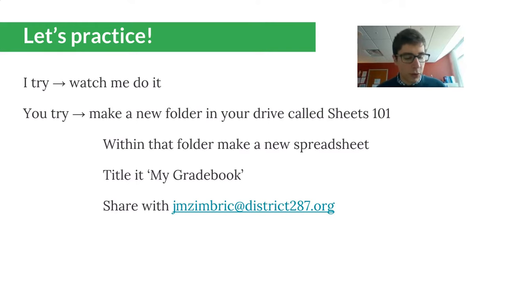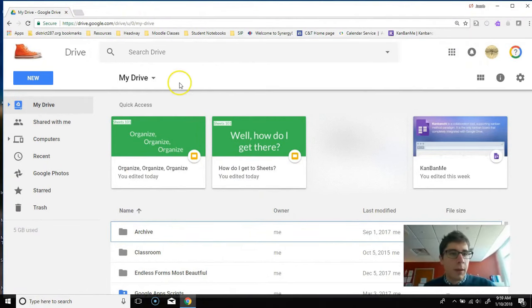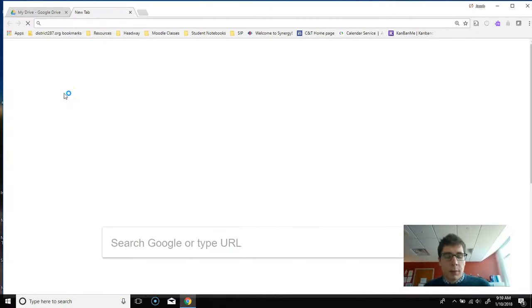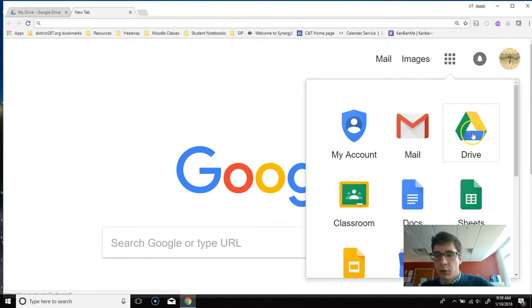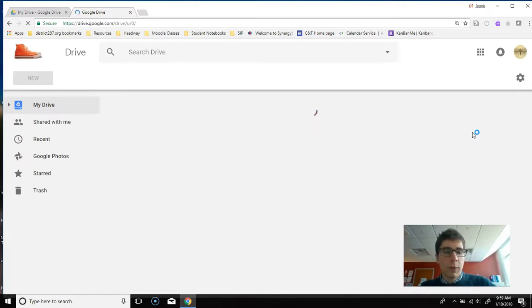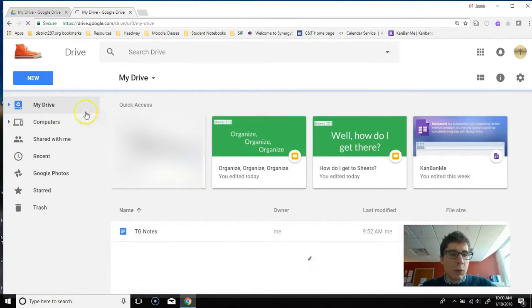So again, I'm going to jump over to a Chrome browser. This one's already preloaded with Google Drive, but just to show you one more time, the best way to get there is to make a new tab, click the waffle bar, and go to Drive. When we enter Google Drive, this is called our base layer. This is sort of like the big filing cabinet. And then when we create folders within Google Drive, we're making different cabinets that we can store stuff in